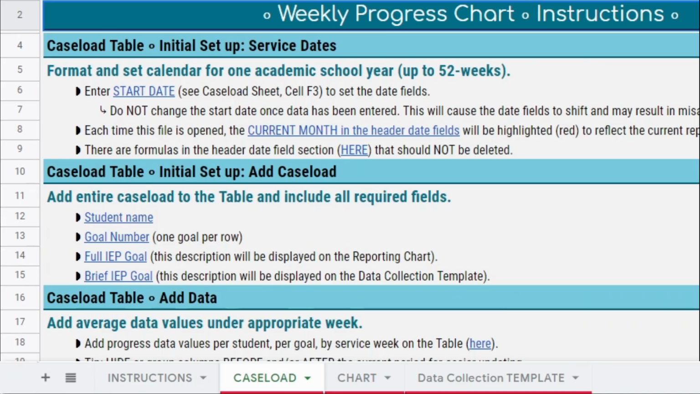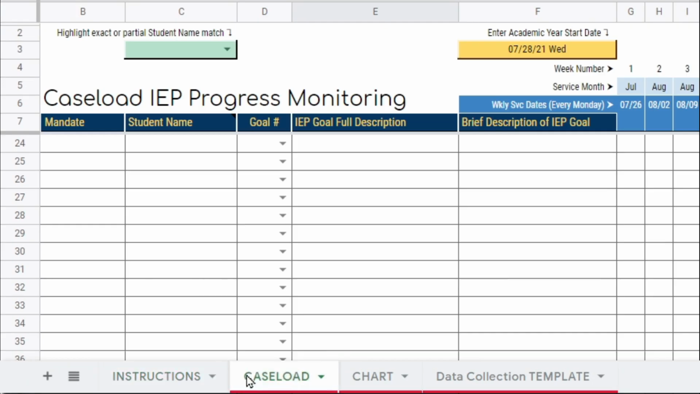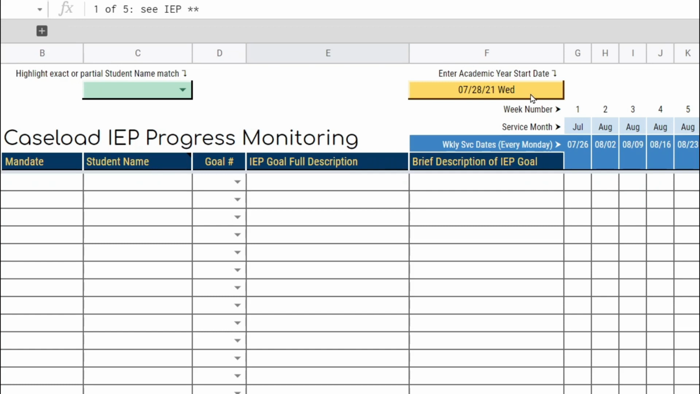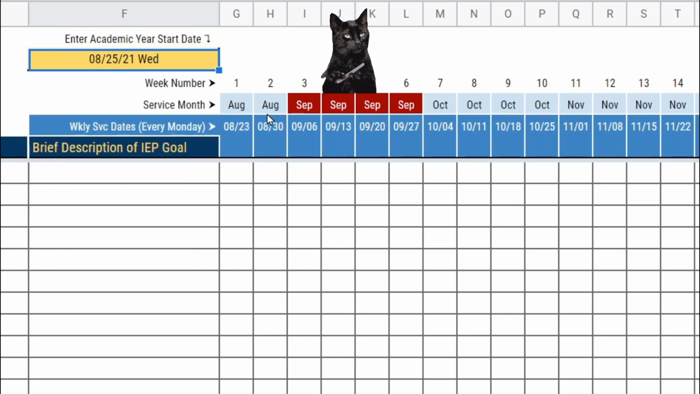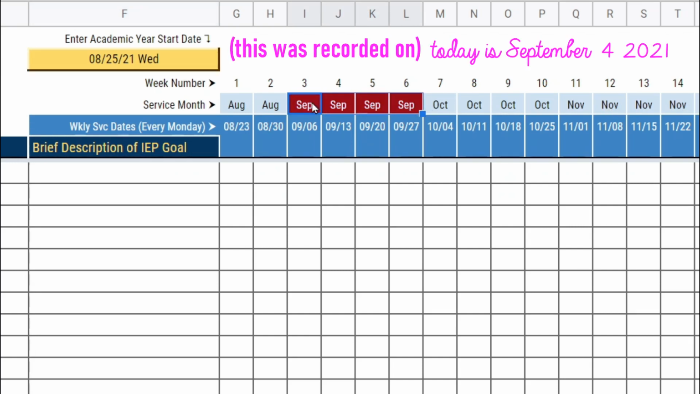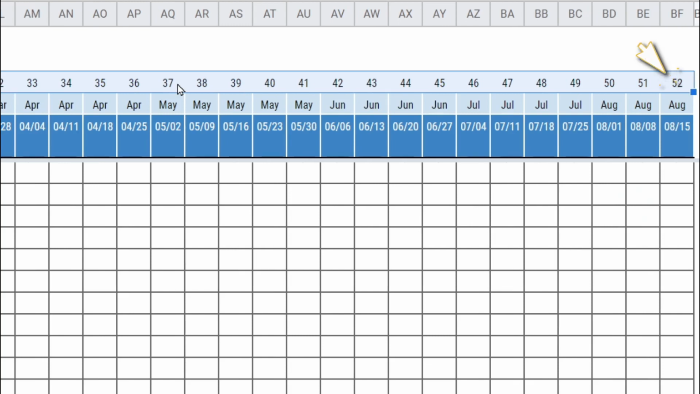I've included an instructions tab that I'll go over in detail later, but first let's take a look at how this file works. First, what you'll want to do is click into this cell here and choose a date that represents your first day of work. So if the first day of school is, let's say, August 25th, then the dating sequence here will automatically be